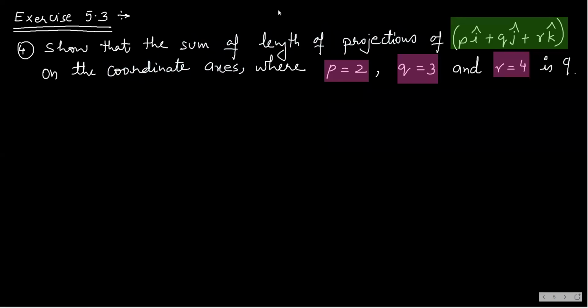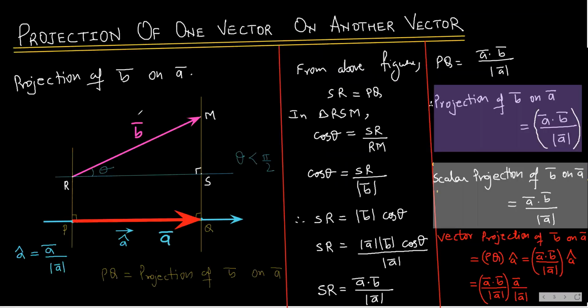Remember students, here one point that you need to follow is, when I am projecting, let me take you back where I had taught you the projection. See here, what do you see? You see the projection of B bar on vector A bar. As we have mentioned earlier, projection of a vector on another vector is nothing but its shadow. So here you saw that shadow of B bar on A bar is this big.